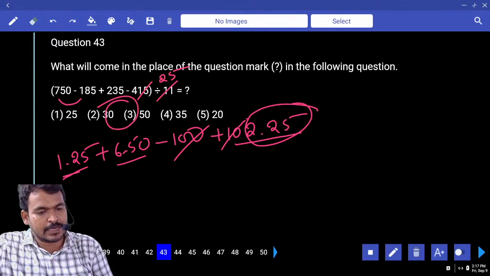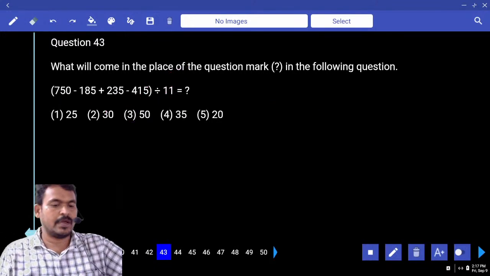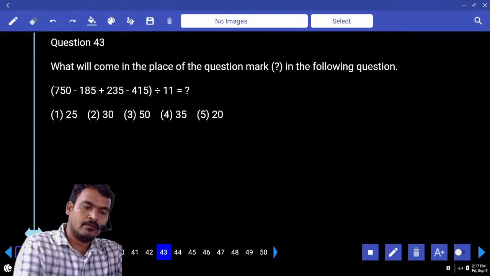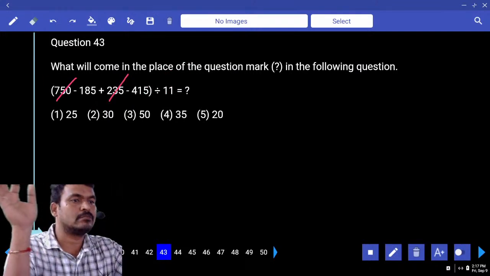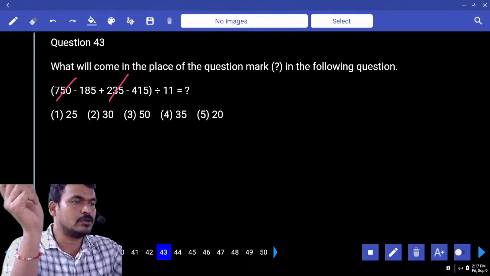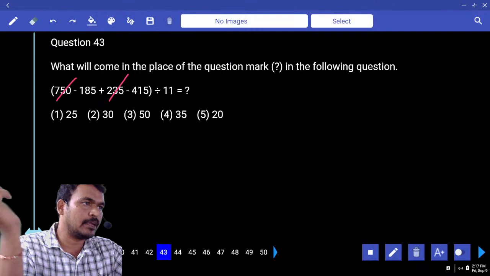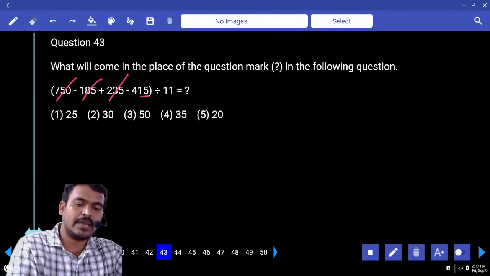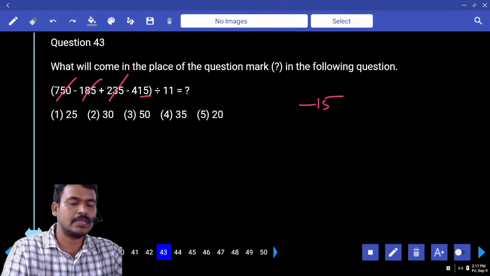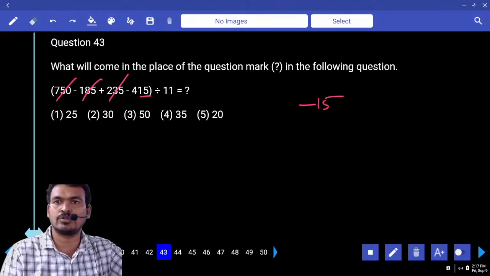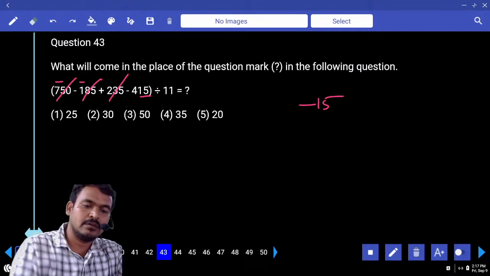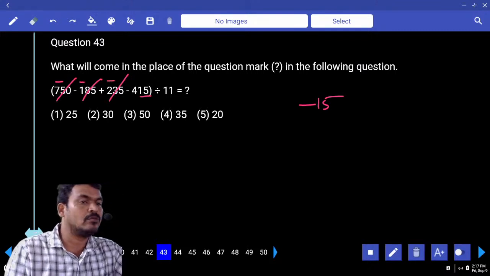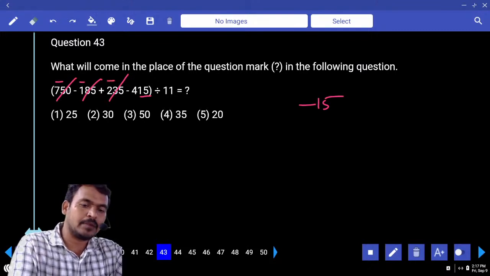Question number 43. First priority, bracket value or not? Plus 35 how much? Last 2 digits, 50 plus 35, 85. Plus 85 minus 85 cancel or not? The remaining, minus 50 or plus 50? Minus 50. Verify the hundreds position or not? 7 minus 1, 6. 6 plus 2, 8. 8 minus 4,